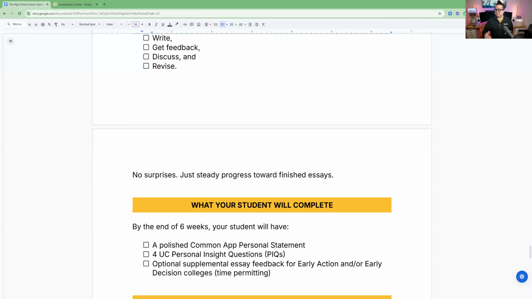Number 3, for those applying to early action, these schools have supplemental questions or essays. We want to help get you those done as well. If you finish early, we can work on your regular decision schools and the other things as well. So your goal is as far as you can. The goal is structure. You have a structured approach every single week to get you done or close to done as fast as we can here.